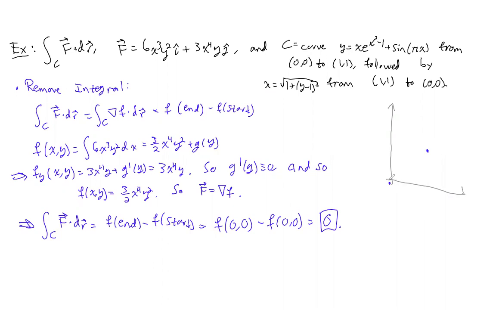The first curve is going to be some strange function going up there, and then the second curve is going to be some other sort of weird looking thing going in this direction, or some straight mark, or something like that. Either way, we can see that it's a closed curve. And do I want to calculate the area of that thing? No, I really don't. However, I do know that